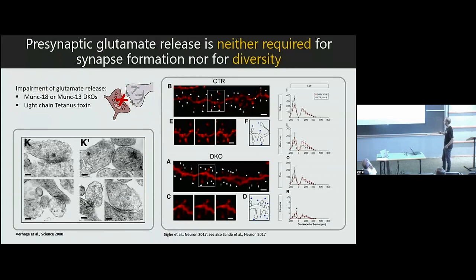diversity. So this is an example here showing dendritic spines in the control situation or in a model where there's no glutamate release, and you can see that those spines exhibit all the repertoire of morphologies that I mentioned before. They are functional and they are in similar amounts. So this clearly questions the role of synaptic transmission for synapse assembly and for the diversification of synapses. So from now, I would like you to keep those results in mind and to think of them in terms of homeostatic plasticity, which was not really discussed in those papers.